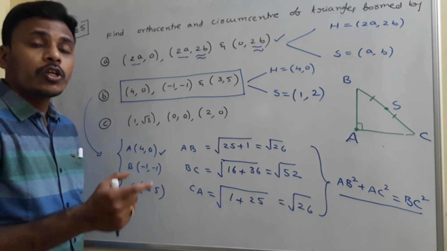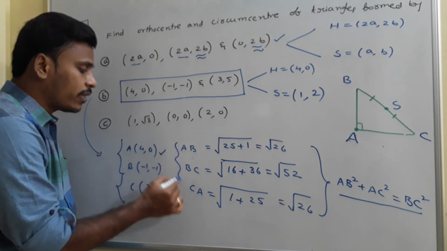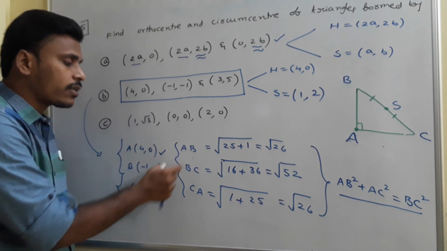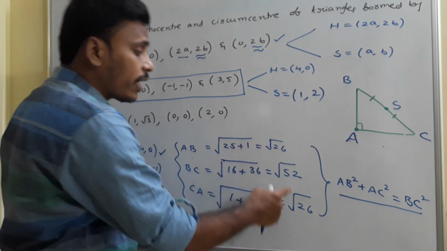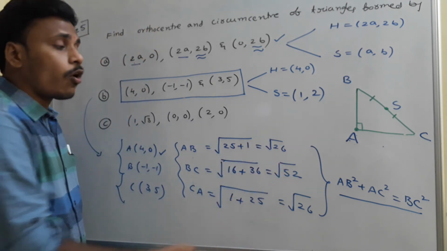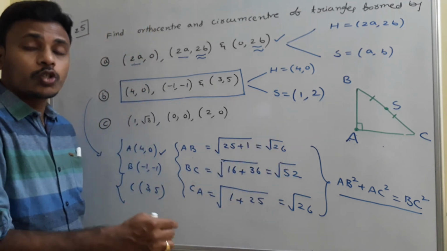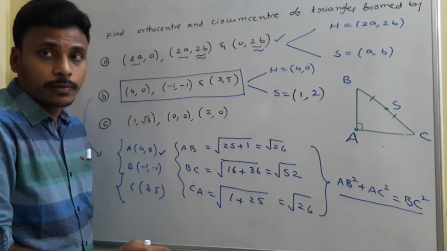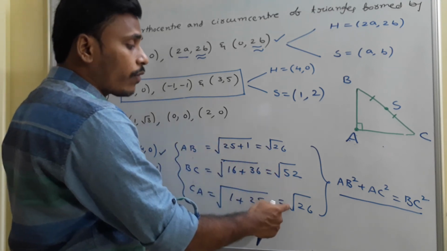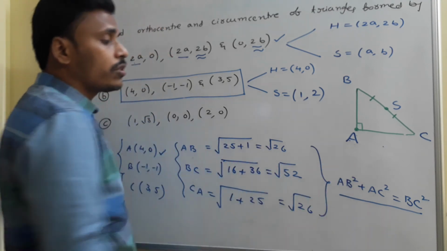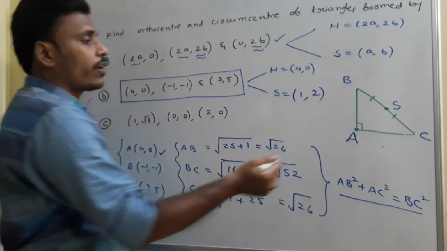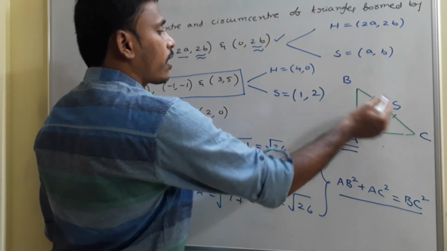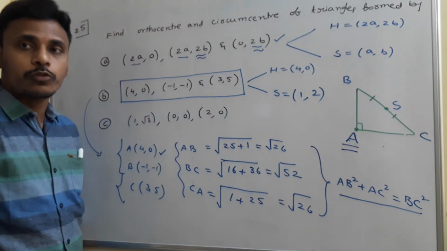How to check? To check, we need the side lengths. So from the given vertices, calculate the side lengths, observe whether these sides are equal or not. Okay, if all those are equal, then it is equilateral. So for equilateral, we have a separate logic. But if the side lengths are different, but the sum of the squares of two is the third one, so it is a right angle triangle. Orthocenter is this right angle vertex A, circumcenter is the midpoint of hypotenuse BC.